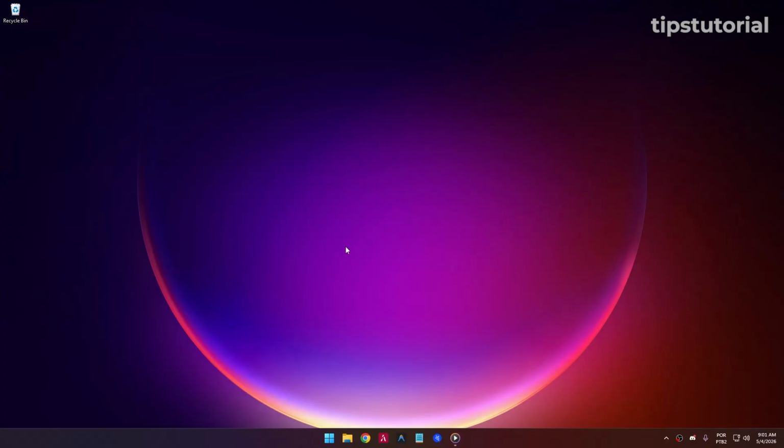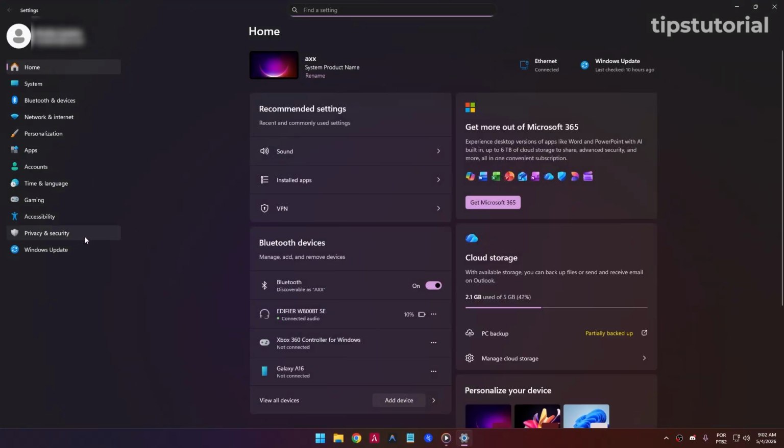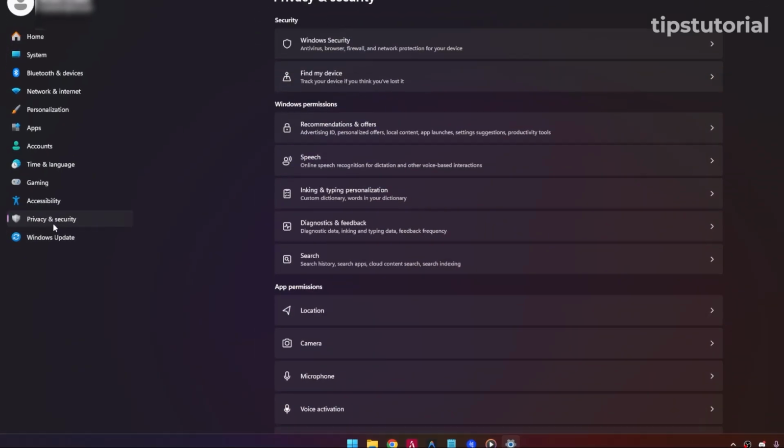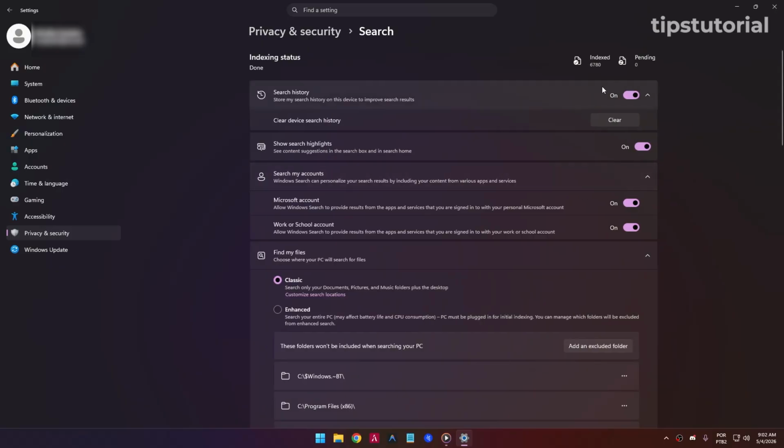The easiest way is to access Settings. Press Windows plus I on your keyboard to open Settings, and click on Privacy and Security on the left side. Scroll down to the Windows Permissions section and select Search. When the page opens, click the Clear History button next to Clear Activity History for this account, and confirm the